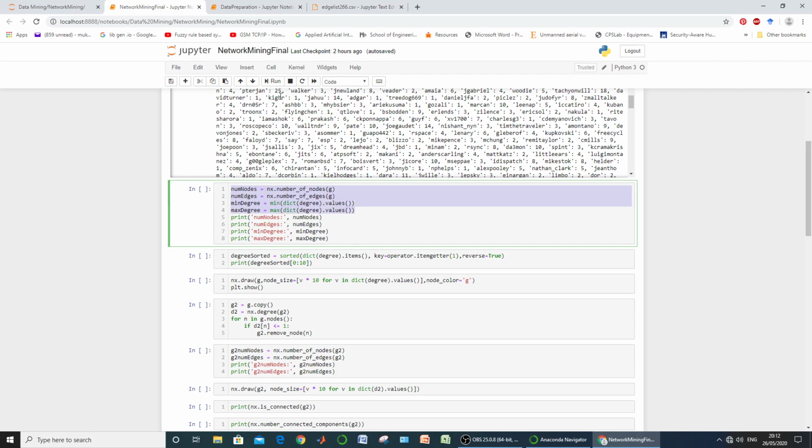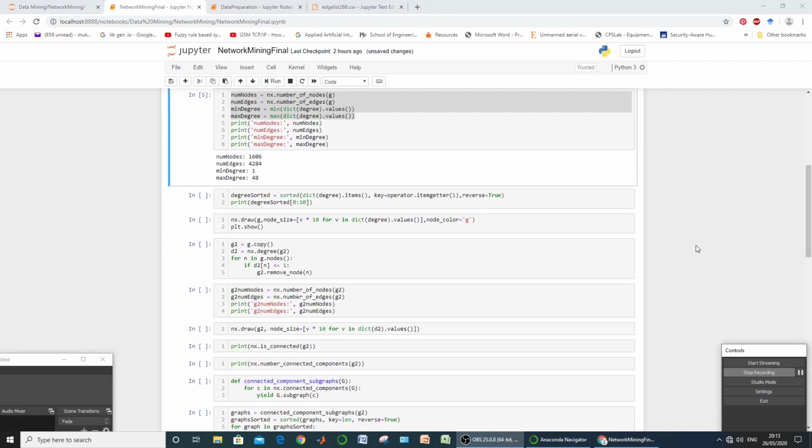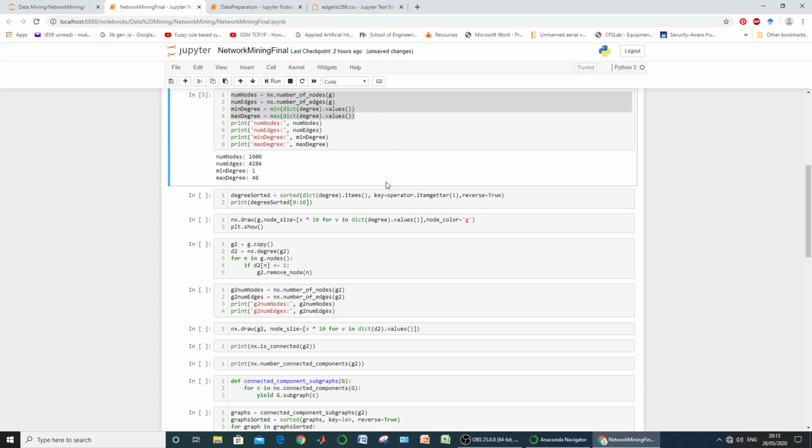So we executed this, and what comes out is that this network contains 1606 nodes and 4284 edges. The minimum degree attained by any node is equal to 1, and the maximum degree a node has is equal to 48. Now we want to have a sorted look